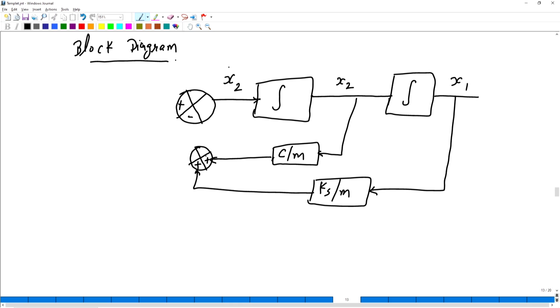Finally this goes to this summing block, and here it is minus, because we have minus C by M into X2 and minus Ks by M into X1. And this is the input here, where input is multiplied by 1 by M, and this is the force.